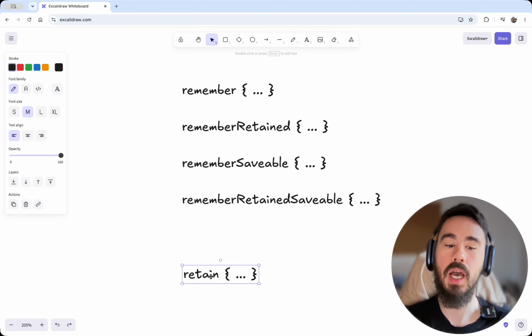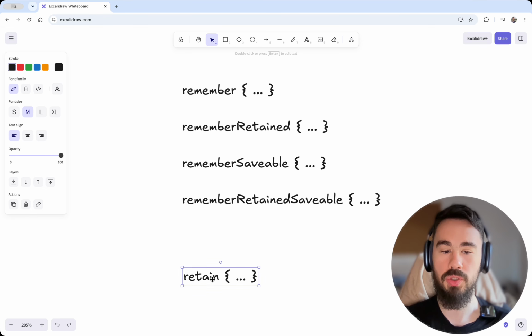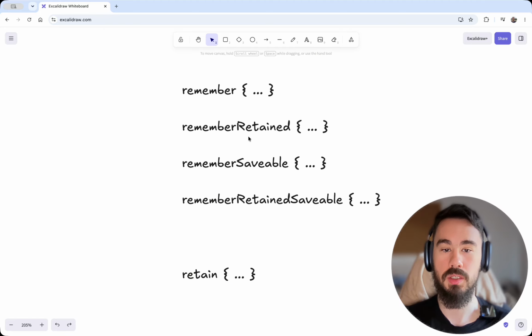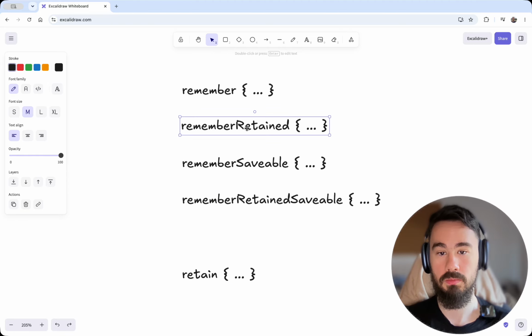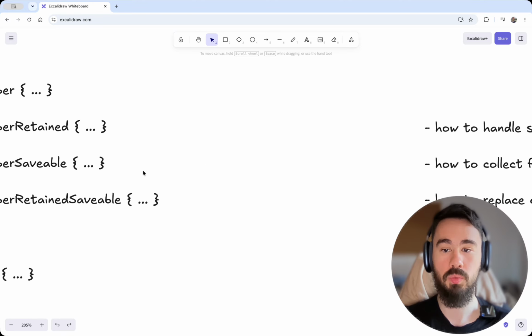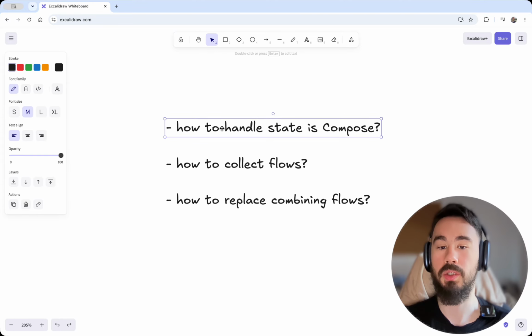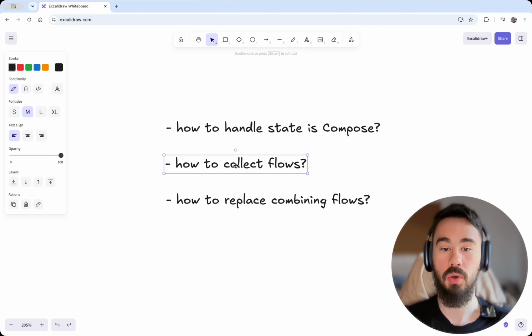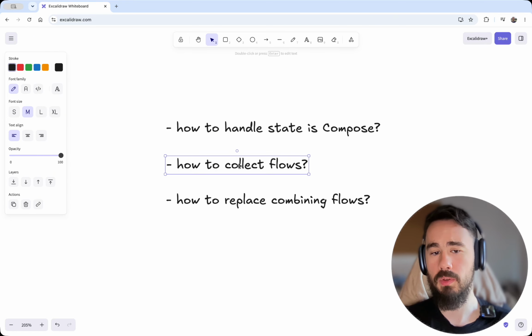We have a slight outlier here, which is the most recent addition to Compose, a retain API. They did not build it with that in mind, but that is the closest equivalent to rememberRetained, and we will see how they differ. We will also cover how to handle state purely in Compose, how to collect flows, and how to combine them if you need to